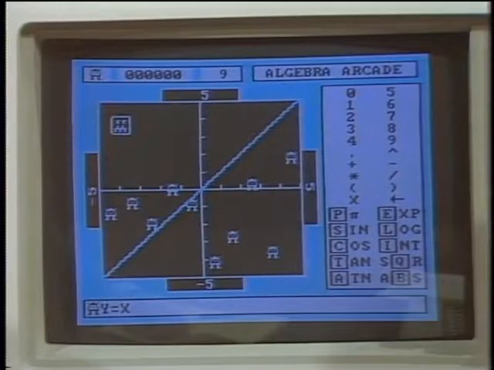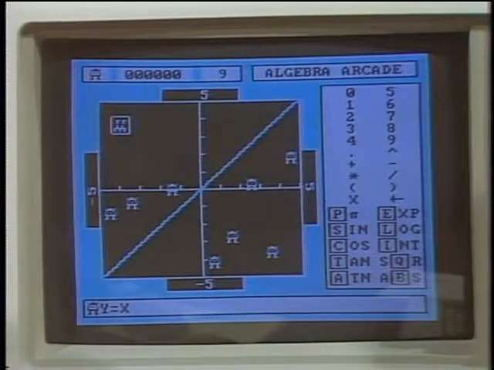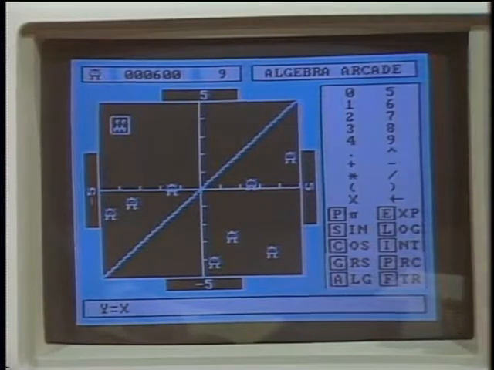Come on. Got him. Two down. And the object here, obviously, is to learn equations, these expressions, learn their graphic representation, and we'll just go one